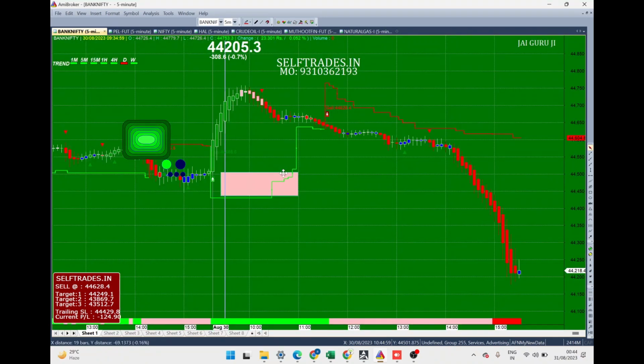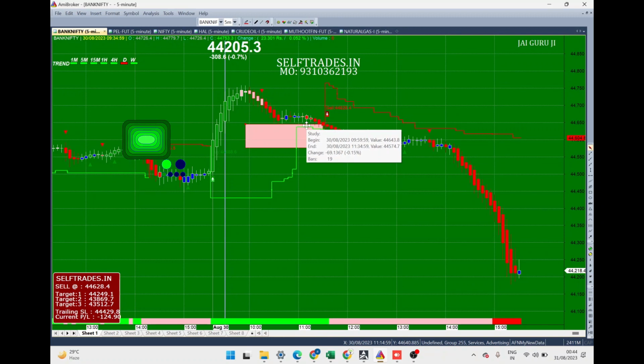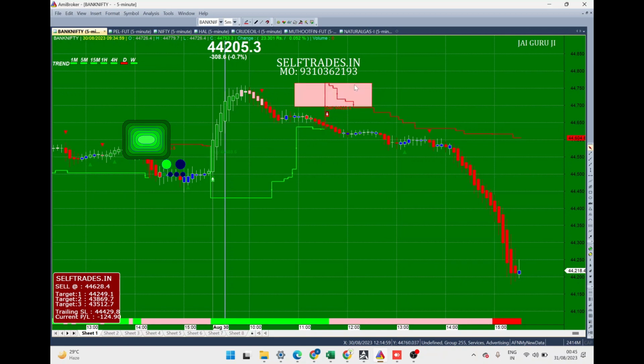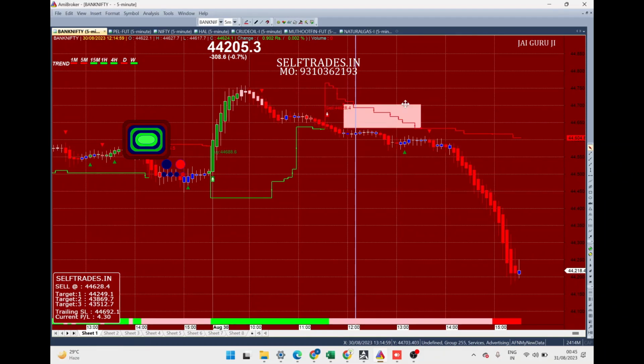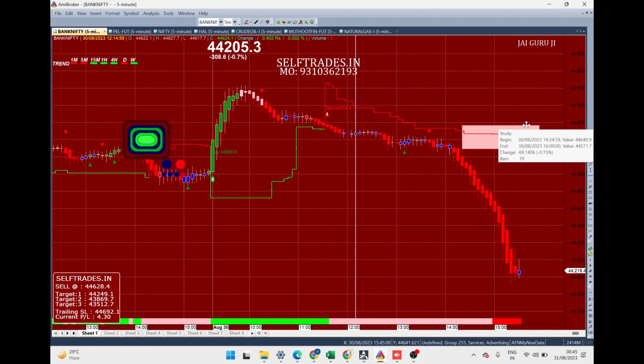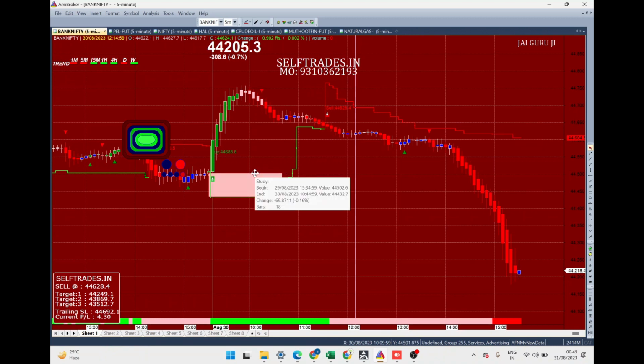Now this green color line indicates that the market is on an uptrend or a bullish trend, or very simple, market above this line would remain on a bullish trend. And similarly, can you see this red line? This red line indicates that the market below this level is bearish. That means when the line is red, we will only take a sell position or a put option. When the market is green, we will only take the buy option or a call option.